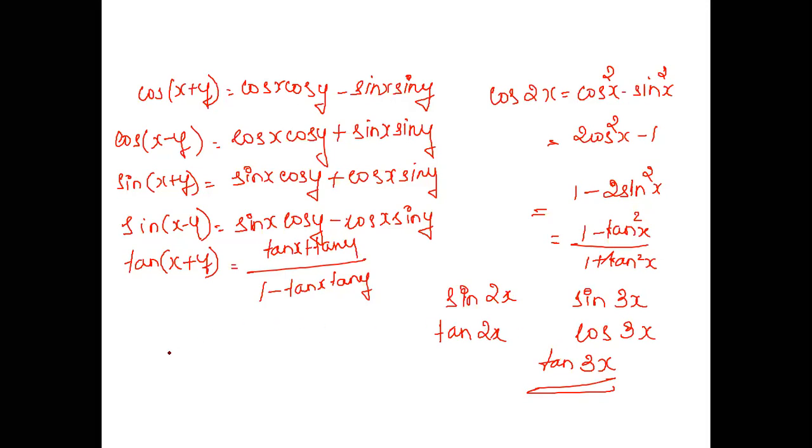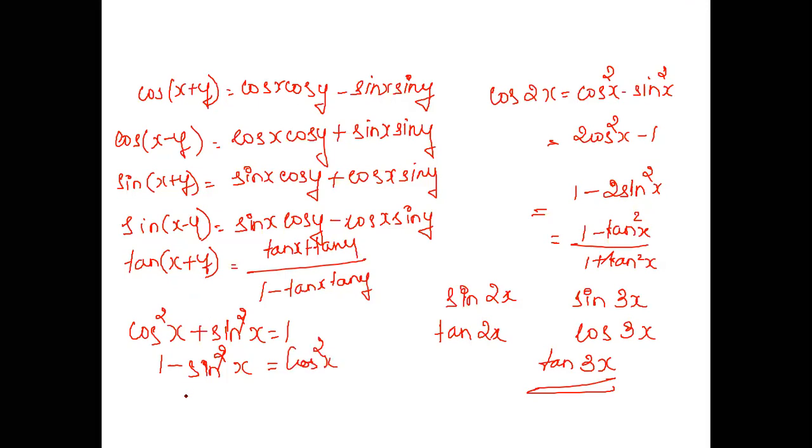And the basic identities of trigonometry, that is cos square x plus sine square x is equal to 1. So then what is 1 minus sine square x? Students, what is 1 minus sine square x? Cos square x. Good Noor Fatima. Faisal, yeah, good. So it is cos square x.